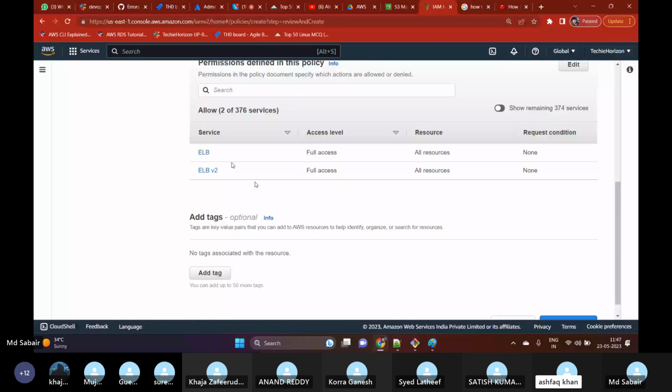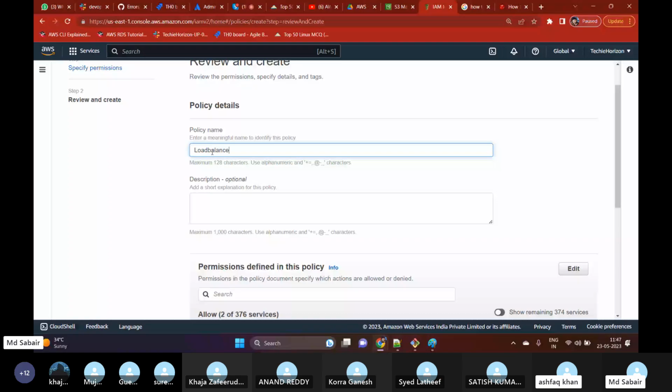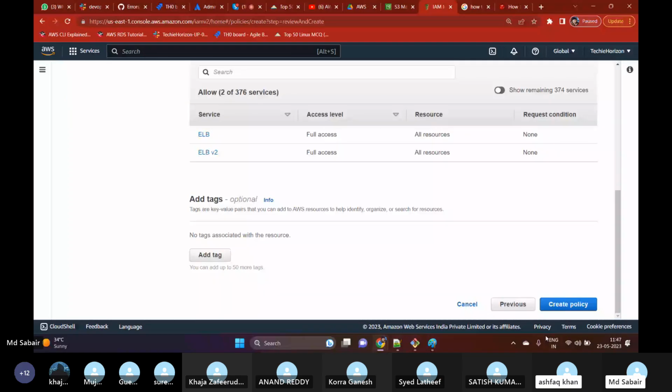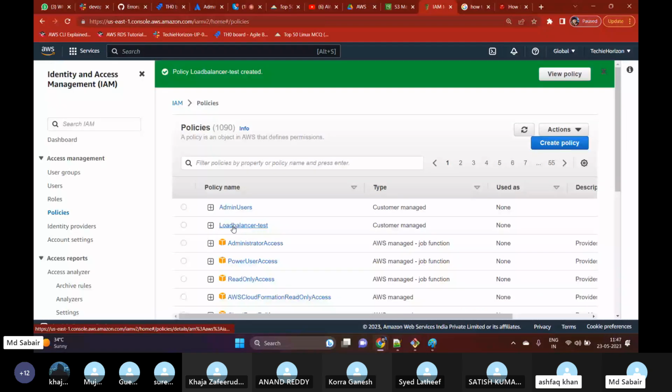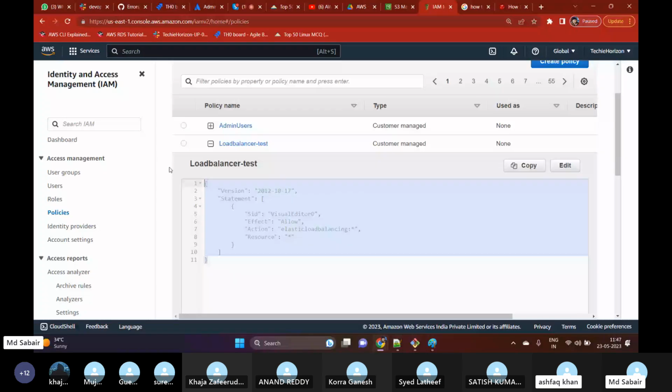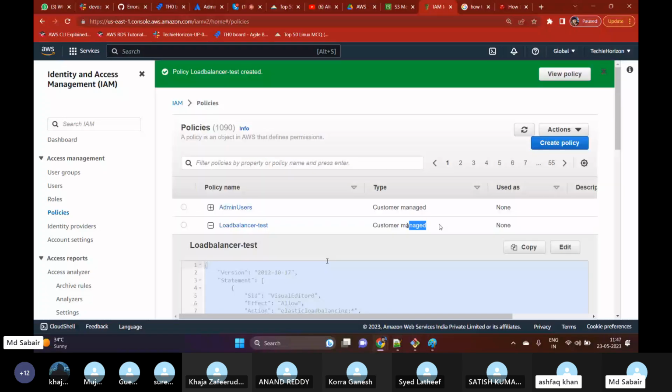Policy name, load balancer-test, create policy. Okay, here if you see load balancer test, if I scroll down, a JSON has been created. And then here we can see customer managed, means this is something I have created as per my requirement. Actually this is also not required to be created because we have a lot of default permissions available by AWS only. We can use those permissions, but still only to explain to you guys, I'm trying to create new